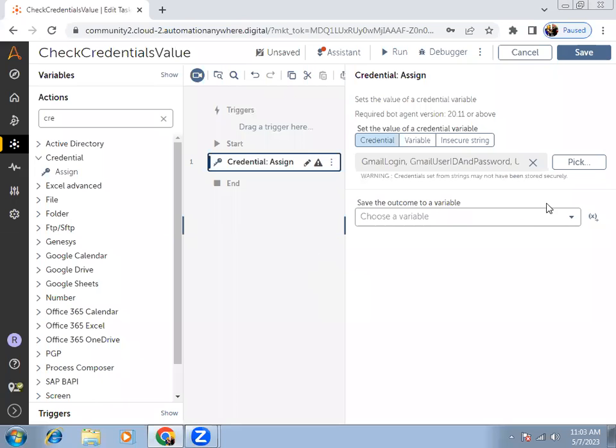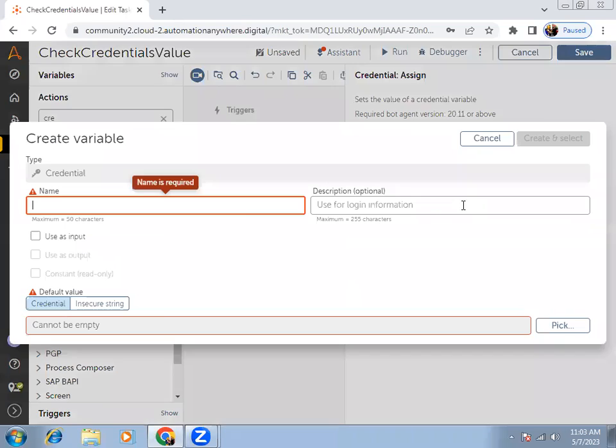Just confirm. And here it is asking where to save this. If you want to save, then in that case you just need to create a variable. And see, it is coming as a credential type. So that variable is created as a credential type. That is the reason it is asking to save those values inside the credential type variable. Okay. So I'll save